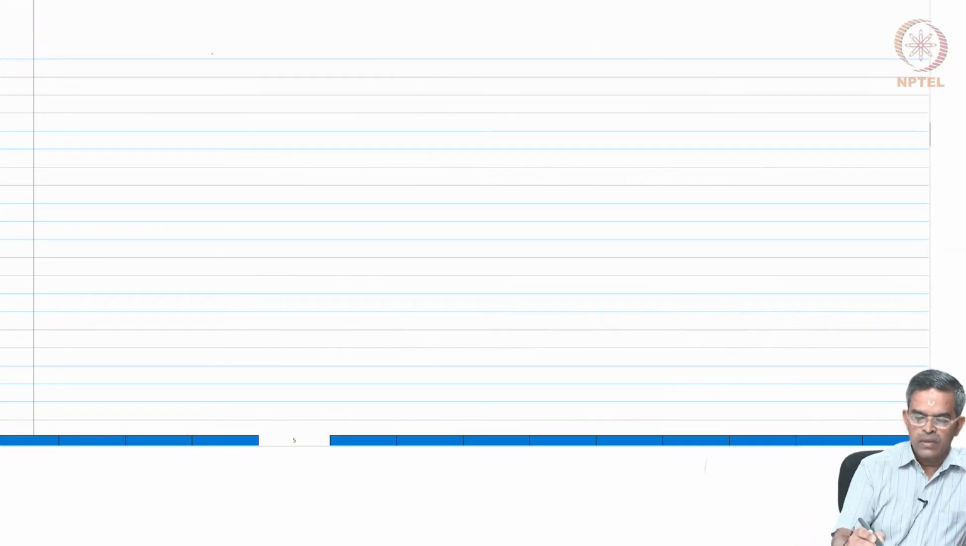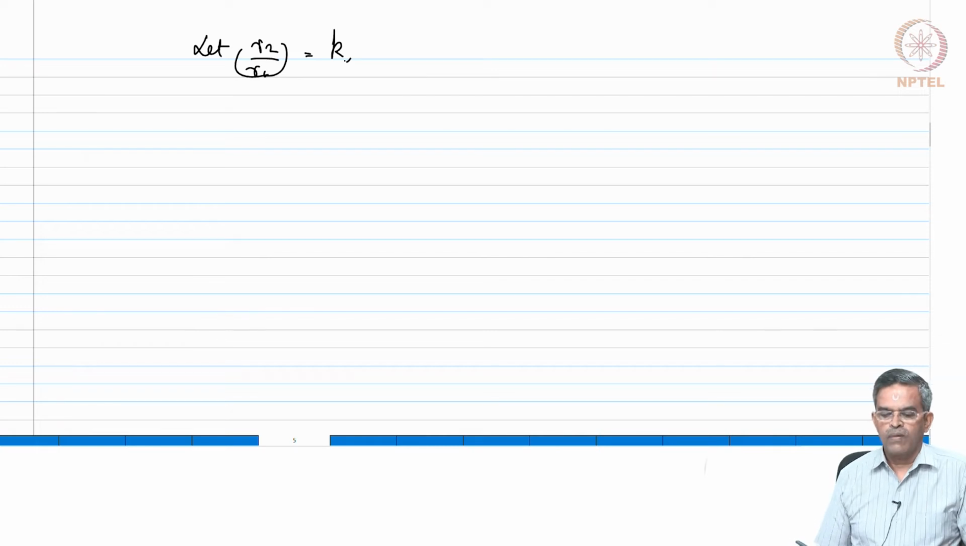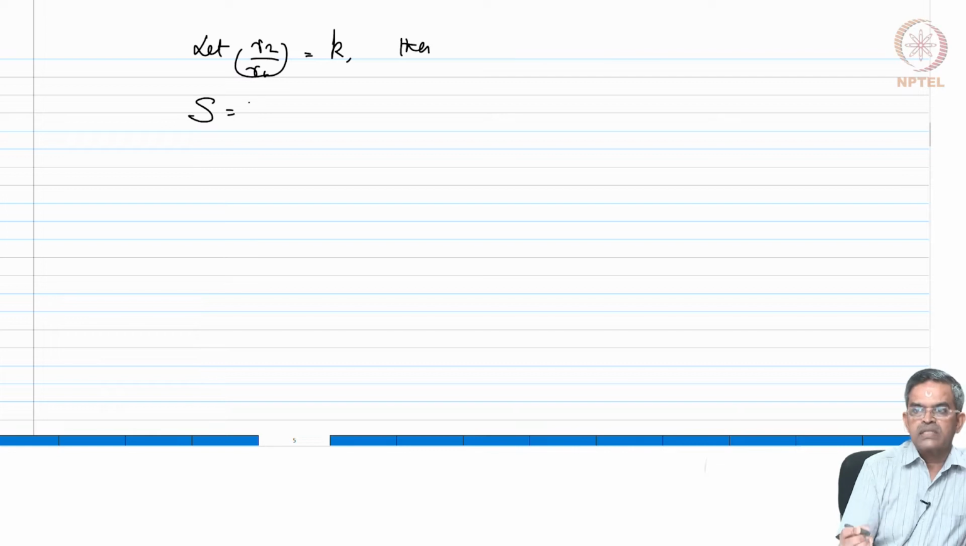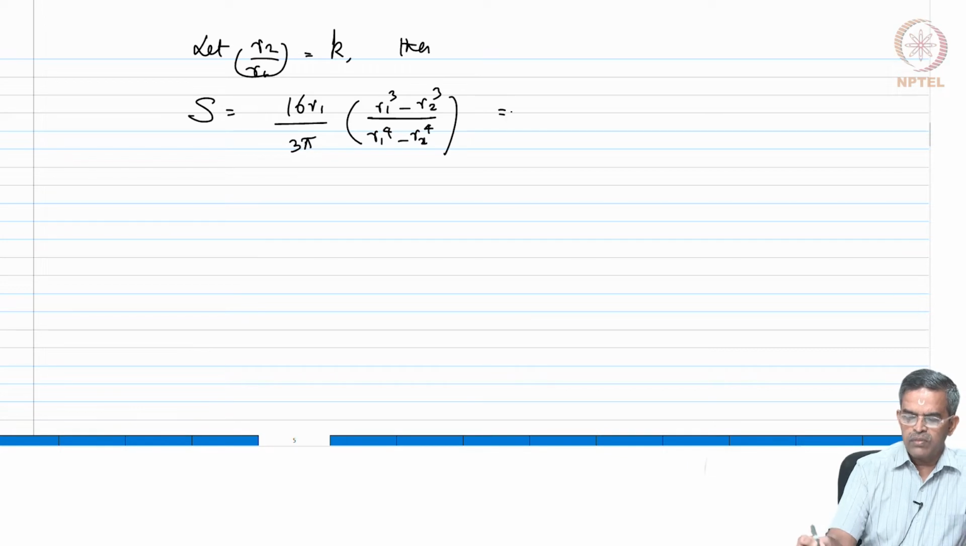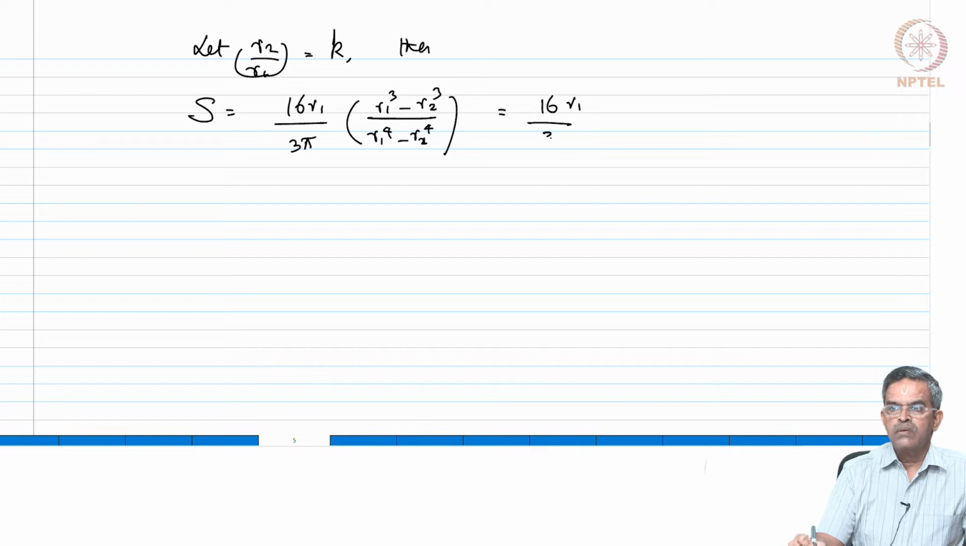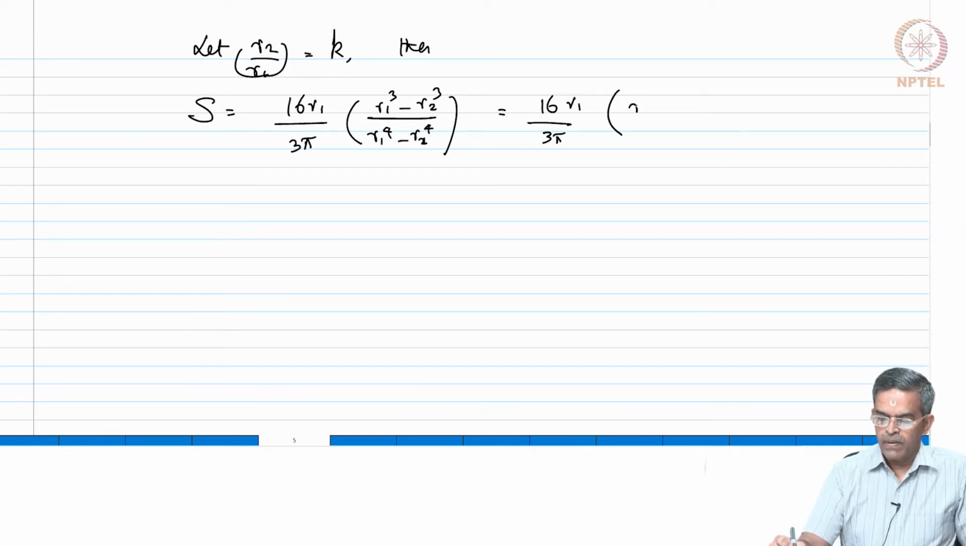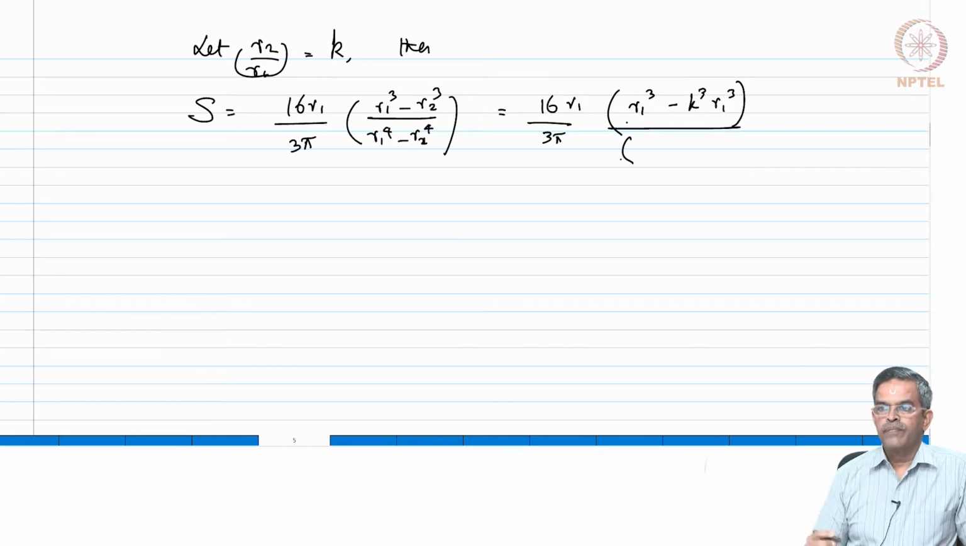Now, let R2 by R1 be a ratio K. Then shape factor S was actually equal to 16 R1 by 3 pi of (R1 cube minus R2 cube) by (R1^4 minus R2^4), which will be replaced as 16 R1 by 3 pi of (R1 cube minus K cube R1 cube) divided by (R1^4 minus K^4 R1^4), right,